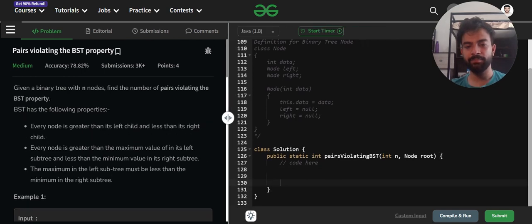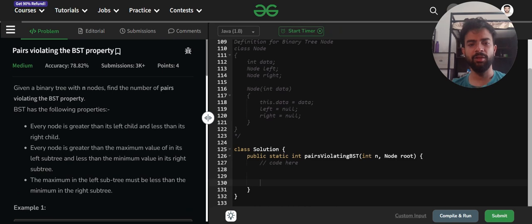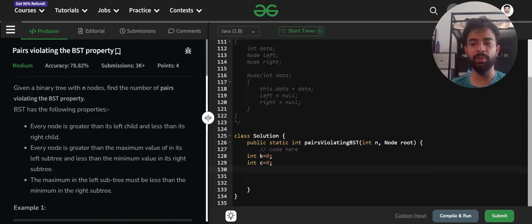First we can see that there is a constructor class नोड. कंस्ट्रक्टर में हमने this.data करके डेटा को इनिशियलाइज किया है, और एक ग्लोबल वेरिएबल में हम लोग डेटा, लेफ्ट नोड, राइट नोड को लिया है। लेट्स टेक अ वैल्यू के जो कि हमारी एरे की इंडेक्स को अपडेट करेगा, और एक काउंटर c equals to 0 जो कि बाइनरी ट्री की नंबर ऑफ पेयर्स मिसमैच फाउंड होने के बाद उसका ट्रैक रखेगा।